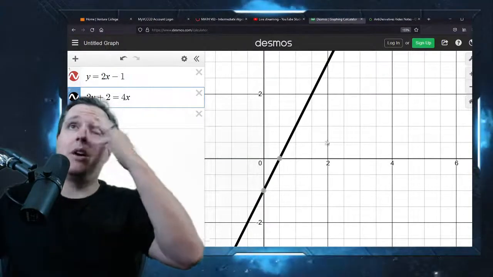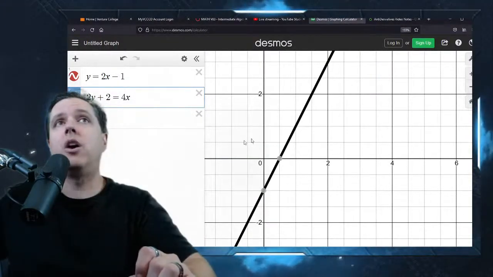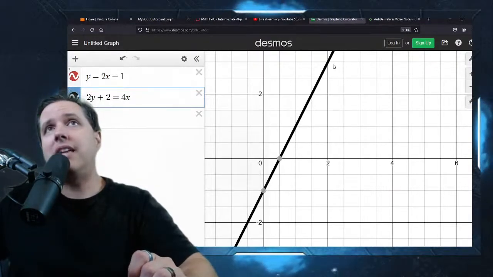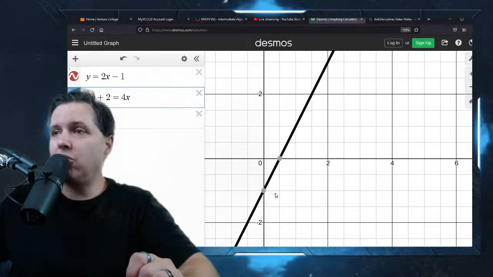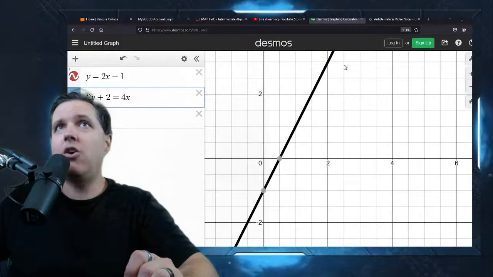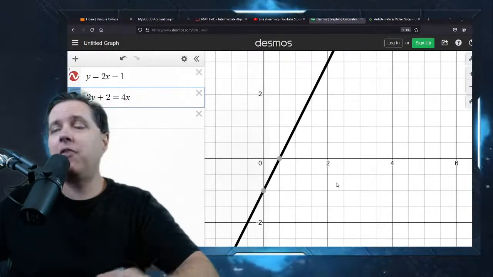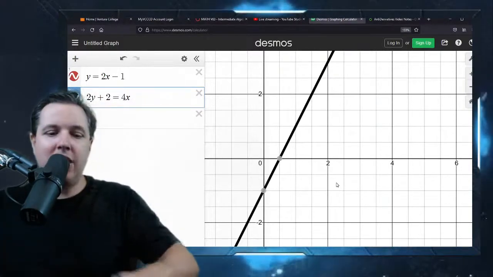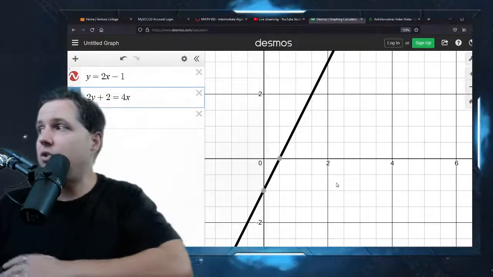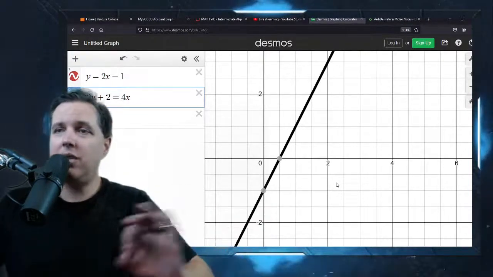So, right. It makes sense that there's an infinite number of solutions to this equation, and they are all the points that lie on this line. Now, here's where there's been a bit of a change, and I think this is actually a good change, into the way they used to teach this to the way we teach it now.